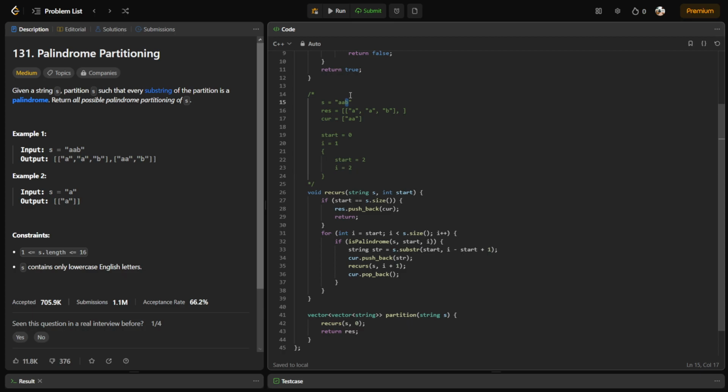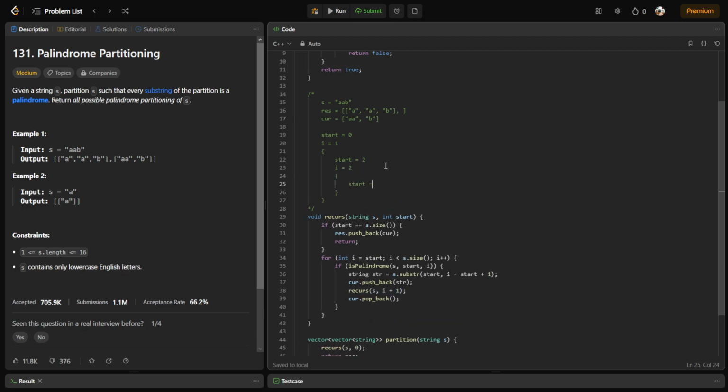And since a single character can be considered a palindrome, we substring it, push back, like so, and another recursion. Start is now equal to 2 plus 1 is 3. And then, since we have reached S size, which is 3 as well, we push back current into our result,